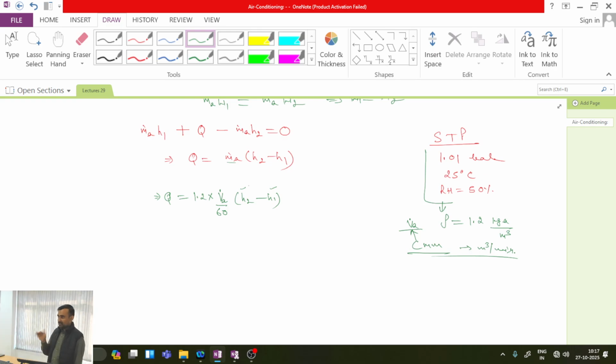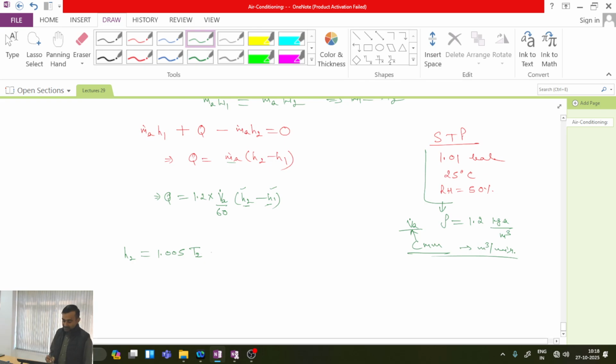But at present, if I assume that I do not have sufficient data for locating it, then I may need to derive it from the thermodynamic relations. So now let's see from the thermodynamic relation how I can write H2 and H1. What will be H2? It is the enthalpy of the moist air, written in terms of per kg of dry air. So what is the enthalpy of moist air? It is 1.005 into T, which is the component associated with the dry air,